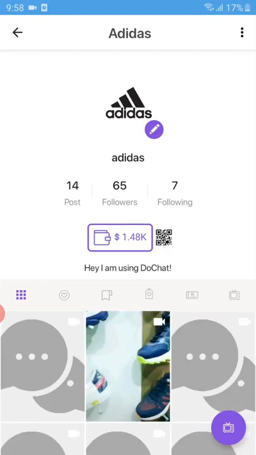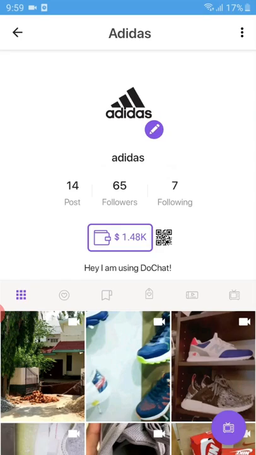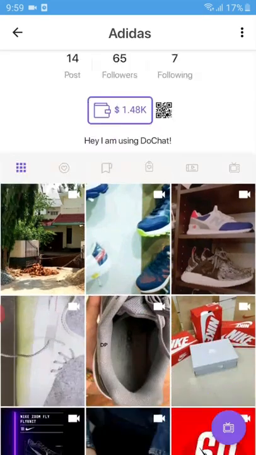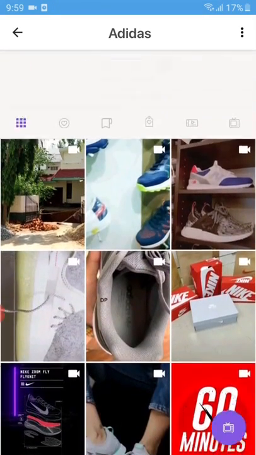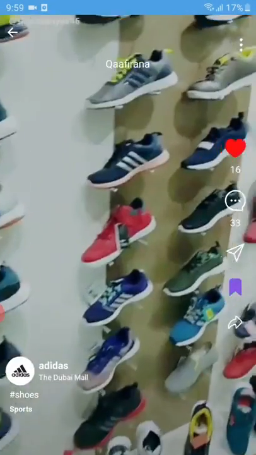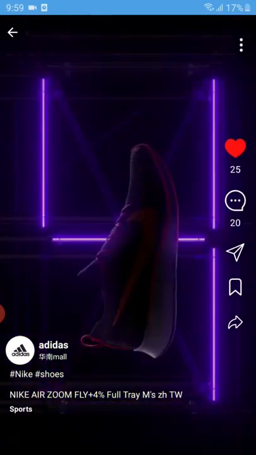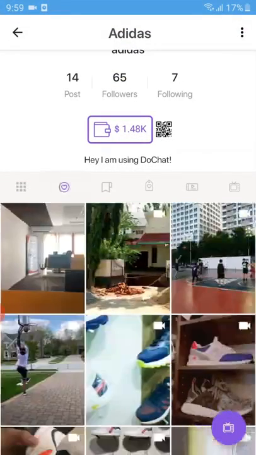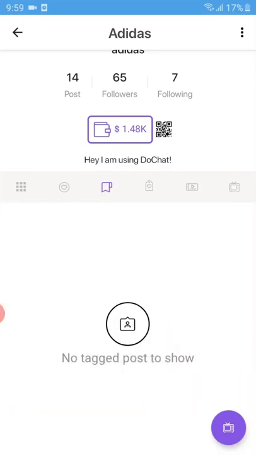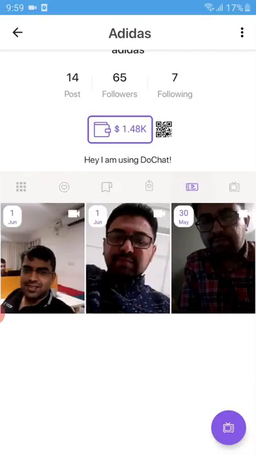And now let's go to the user profile page. So this is my user profile page. My profile's called Adidas, but it's for the heck of it. I can see all the posts that I have created on the app over here. You do an infinite scroll and just go through all my posts. All the posts that I've liked, I can see in this section. These are all the posts I have been tagged on by other users. I have not been tagged by anyone. I'll have my colleague here do that so that we can all see it.